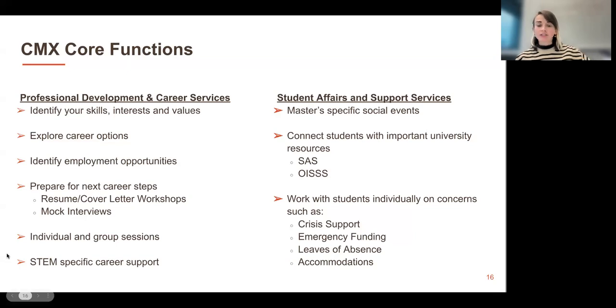Beyond that, our student affairs team also, on a more serious note, can definitely handle cases around crisis support, emergency funding, leaves of absence, God forbid. And Janae has her background in social work, so she is incredibly adept and also sensitive towards student issues. Thankfully, it's been a pretty smooth semester so far, but I wanted you to familiarize yourself with the support and resources that you have outside of your department.